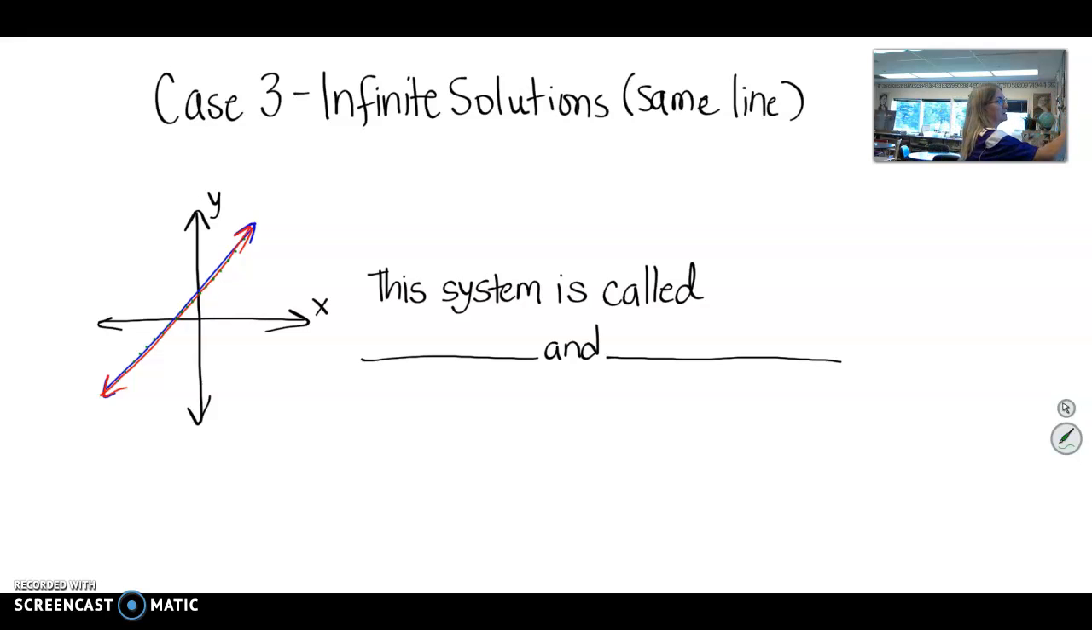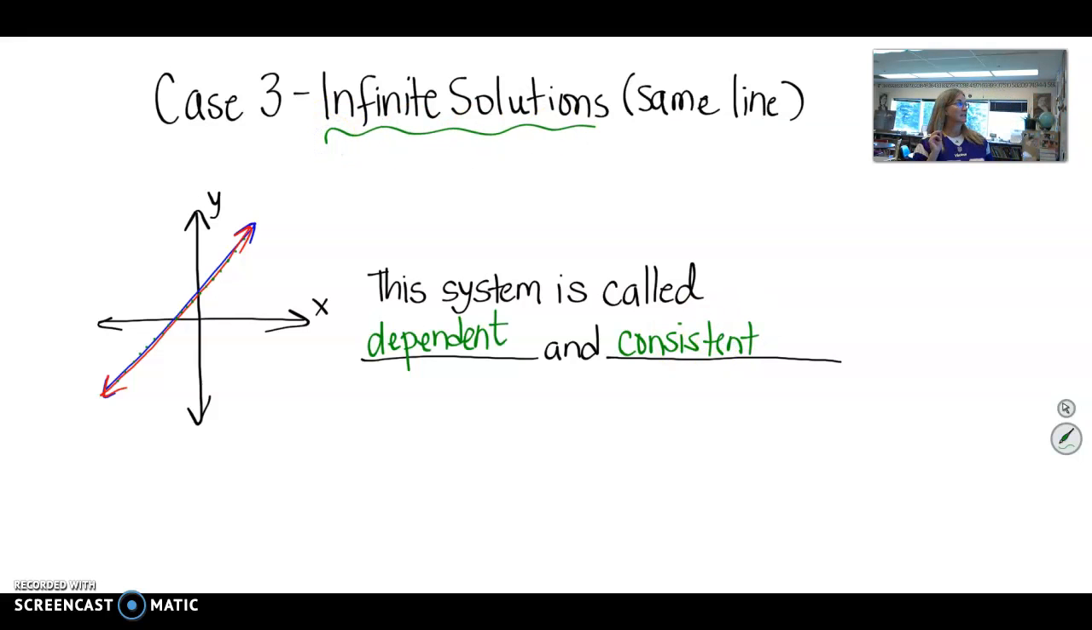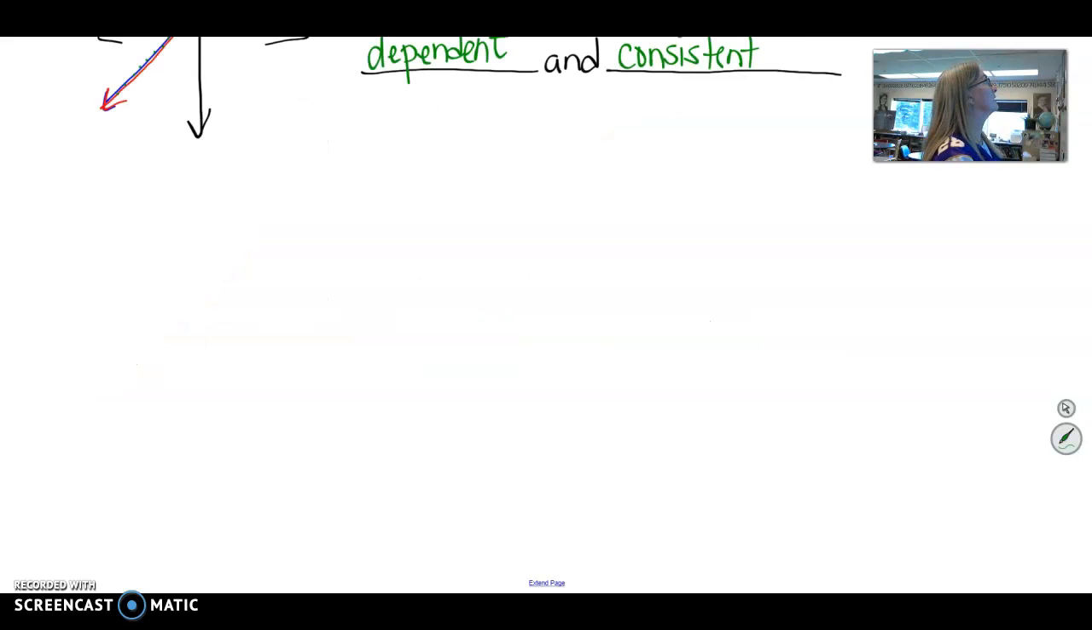This system is called dependent because they are the same line, and it's also called consistent because there is a solution. There's an infinite number of solutions. Every single point that lies on the blue line is also on the red line. Okay,